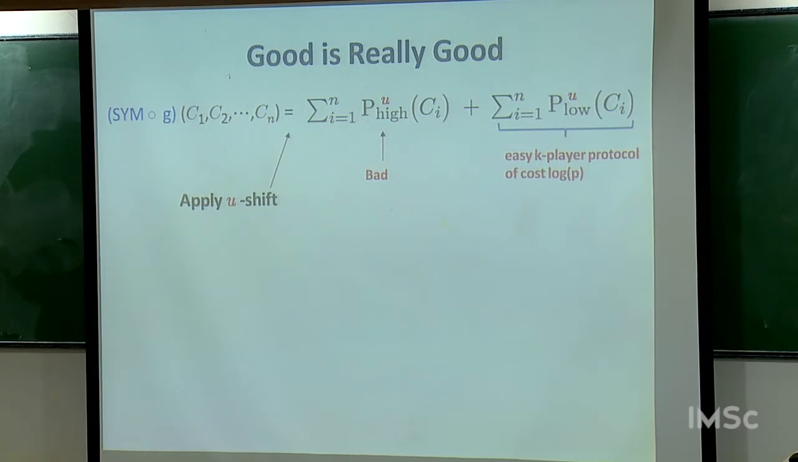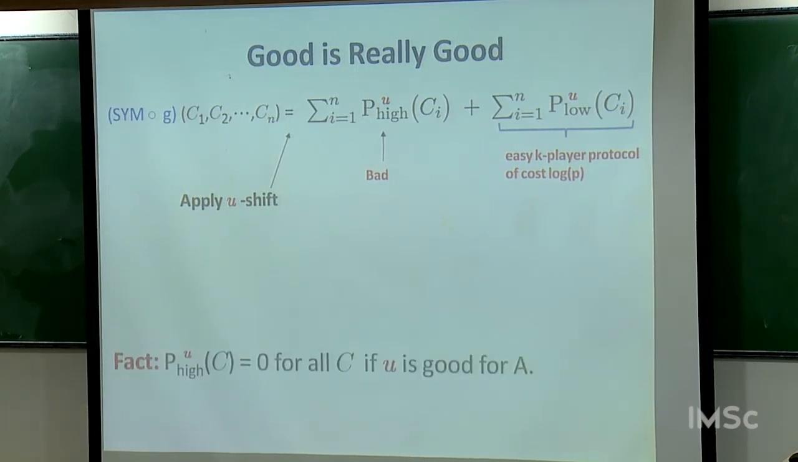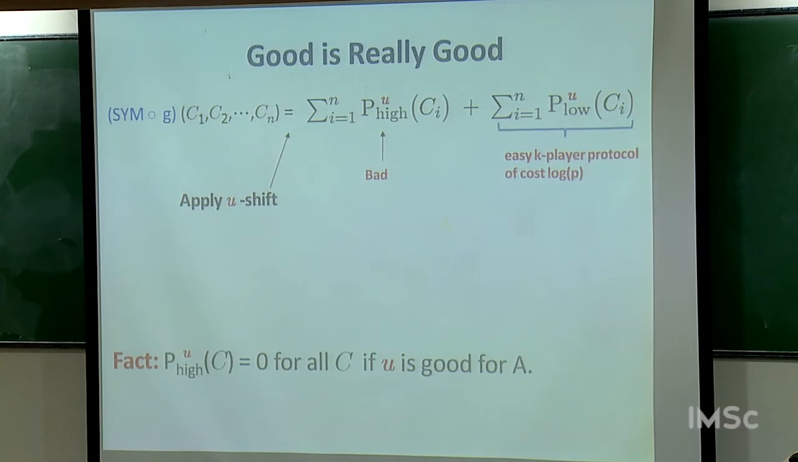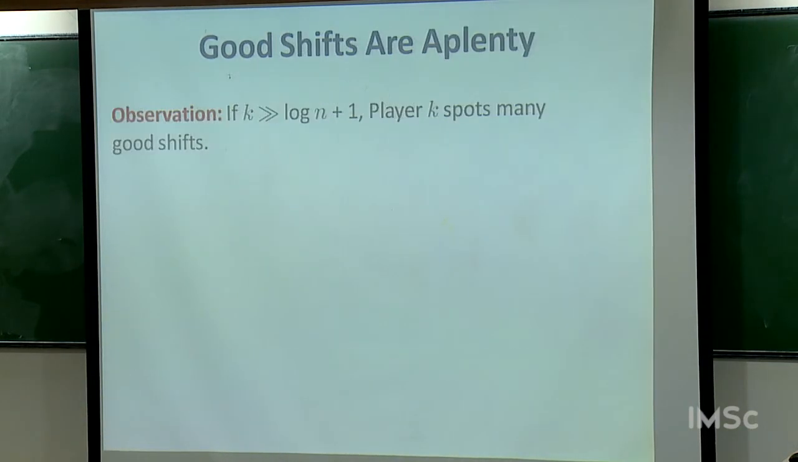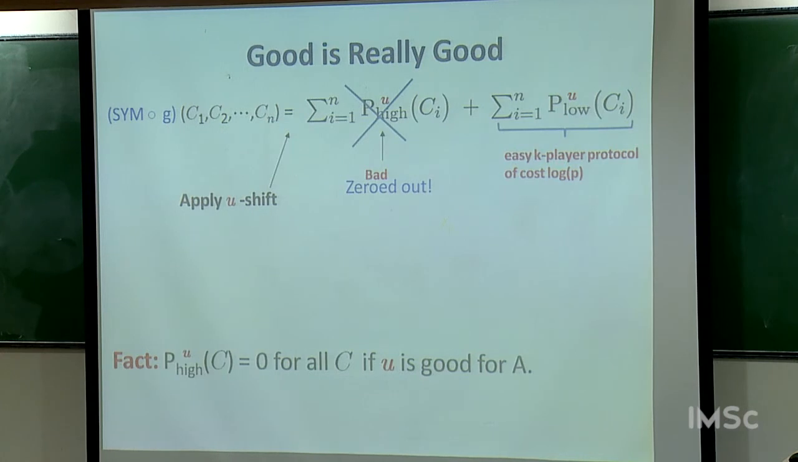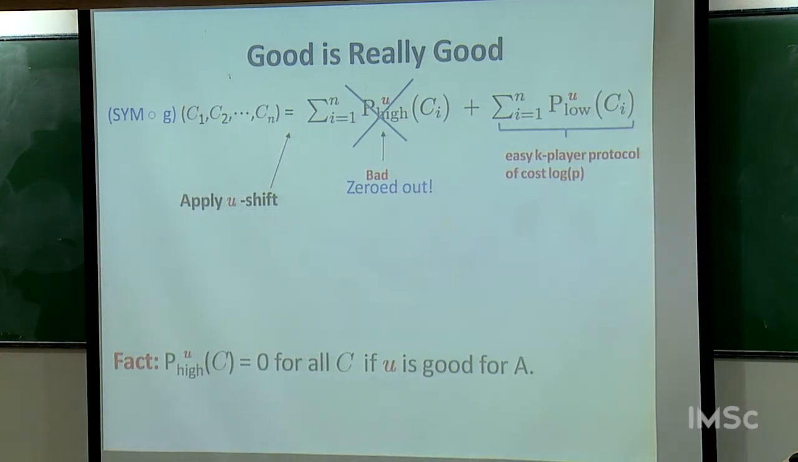So if U is a good basis, then what happens is this high degree thing zeros out, right? Because for every column, there is some coordinate on which U agrees by definition. And so therefore, the high degree part just vanishes if U were good. Okay, and that's why we have called U good. Okay. So the point is, how do I guarantee that the players will be able to compute a